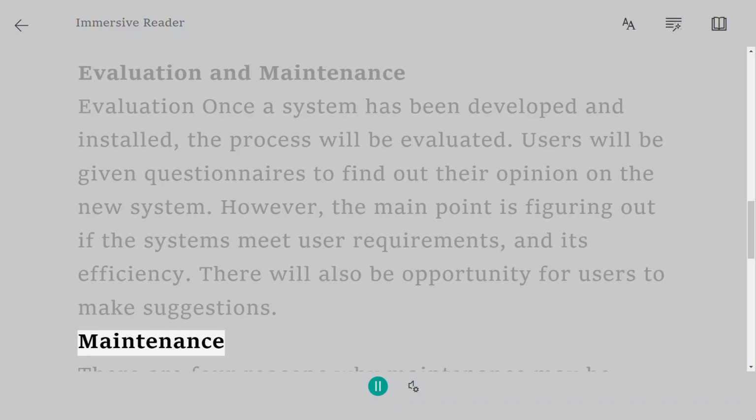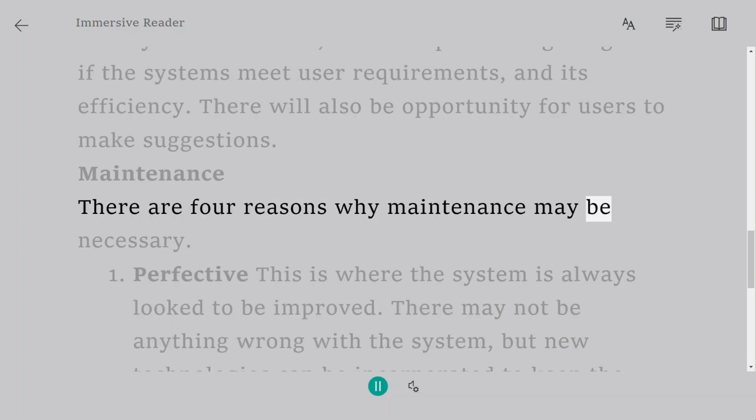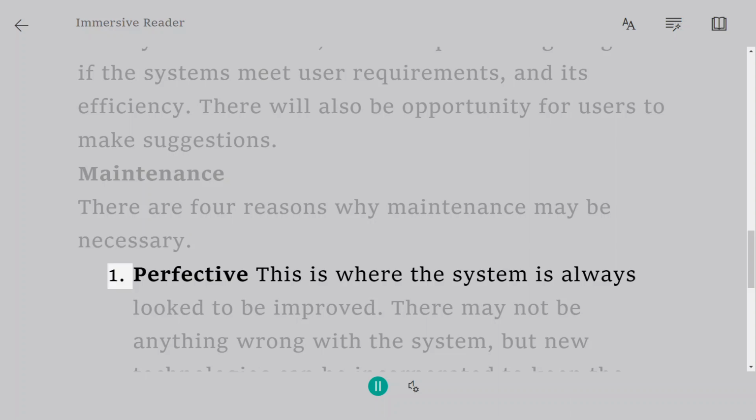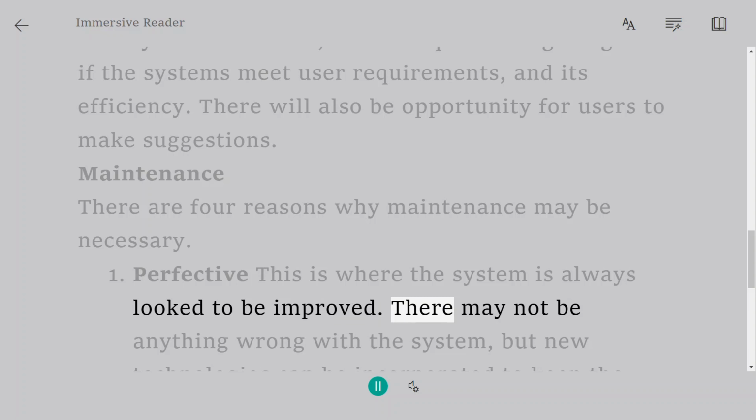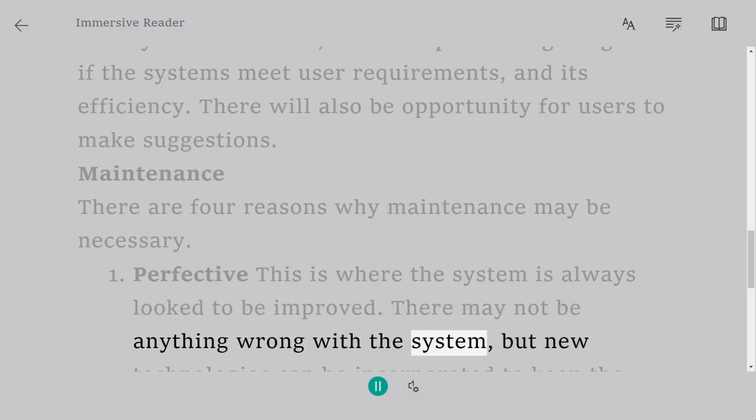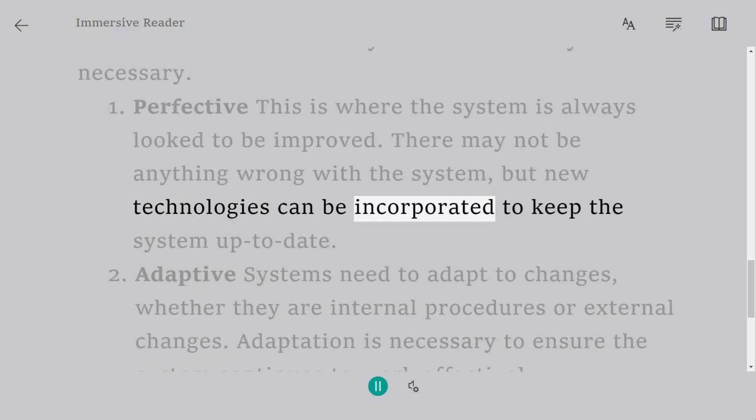Maintenance. There are 4 reasons why maintenance may be necessary. 1. Perfective. This is where the system is always looked to be improved. There may not be anything wrong with the system, but new technologies can be incorporated to keep the system up